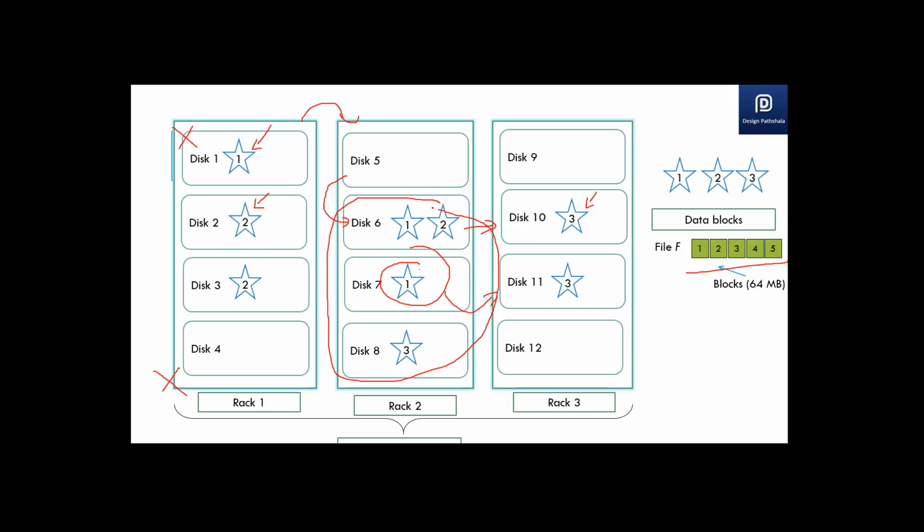Although they have a copy of my block, it does not make sense to process the same block again and again on different data nodes. So we process the block only on one disk, based on the availability of the disk. If this disk is doing some work and there's no RAM and processing power free on it, in that case my processing request can go to disk 6 also. So you send a processing request based on the availability of those data nodes and how much bandwidth they have, and the data is processed locally on those nodes, and it's the processed results which are sent to you.